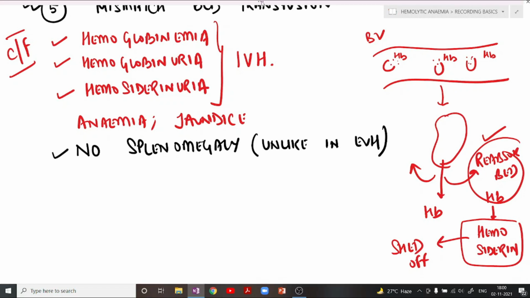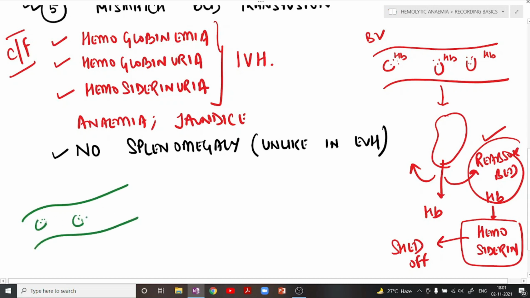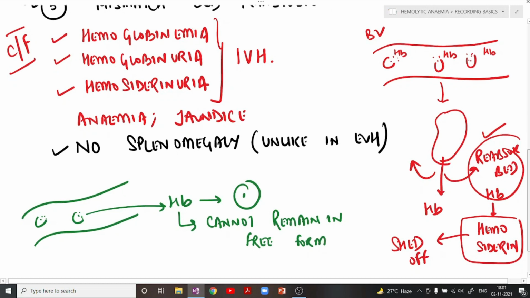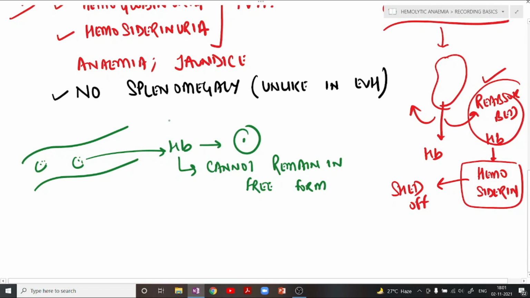One very important aspect I am going to tell you. For example, if this is the blood vessel, and this is the RBC, and the hemoglobin is released, then once the hemoglobin is released in the circulation, it cannot remain in free form. So what will happen over here? This hemoglobin will bind to a plasma protein that is called